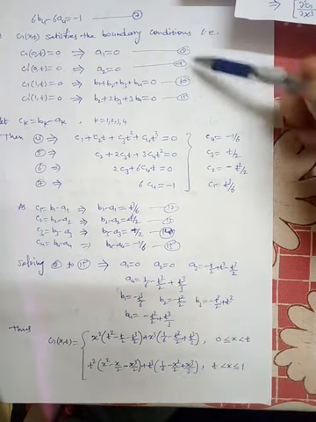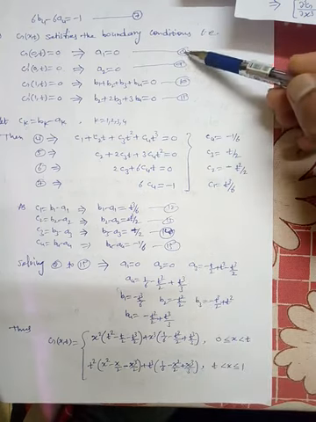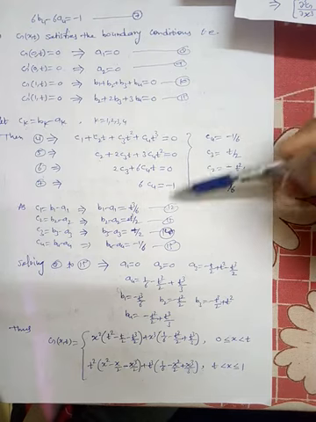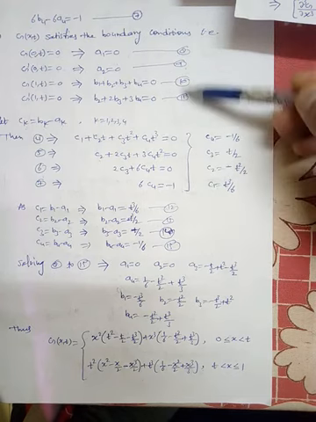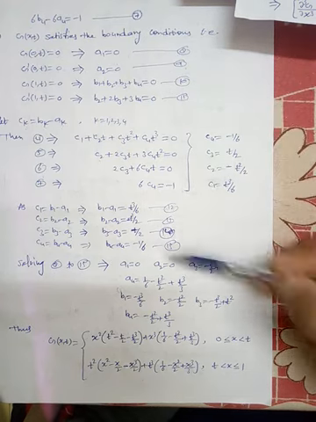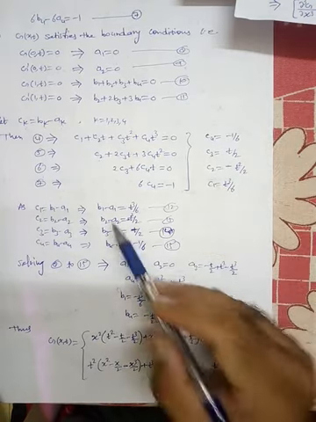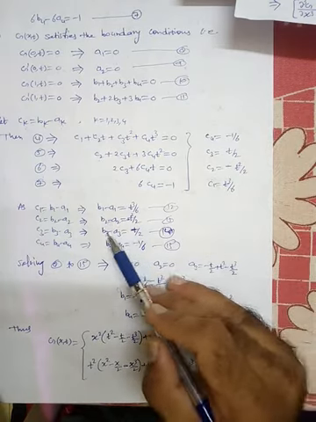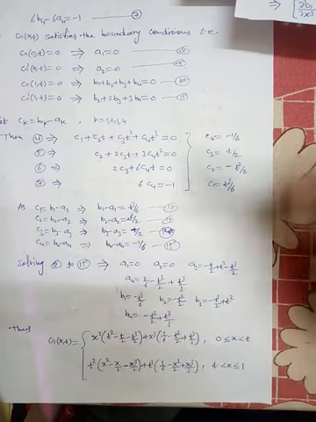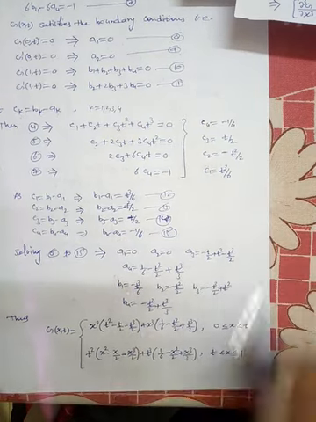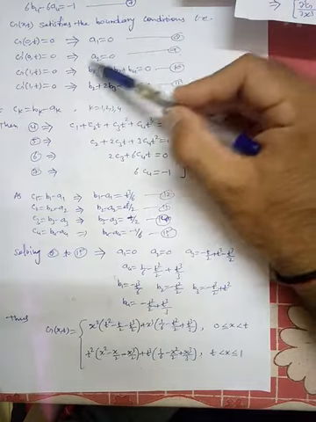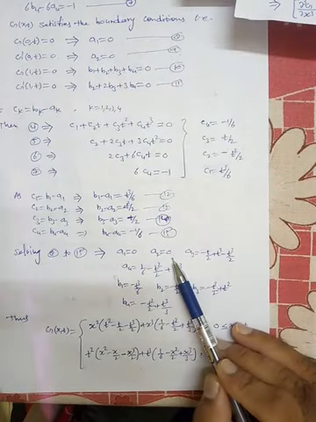So now when you solve equations 8, 9, 10, 11, 12, 13, 14, 15, we have total 4 equations plus 4 equations, so total 8 equations and 8 unknowns: a1, b1, a2, b2, a3, b3, a4, b4. So just solve the system of equations. So what will we get? We will get a1 is 0, a2 is 0.